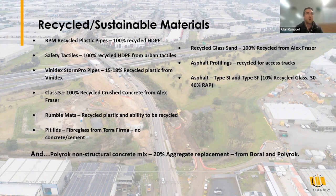different types of recycled plastic pipes, recycled safety tactiles, Vinadex Storm Pro pipes, a lot of recycled crushed concrete. Our rumble mats are made out of recycled plastic. Pit lids are made out of fiberglass, so we don't have any concrete requirements there. We use a lot of recycled glass sand. We reuse all of our asphalt profilings, and we've got various different types of asphalt with different recycled components. And probably most importantly, we use Polyrok non-structural concrete mix, which has a 20% aggregate replacement from Boral and Polyrok,